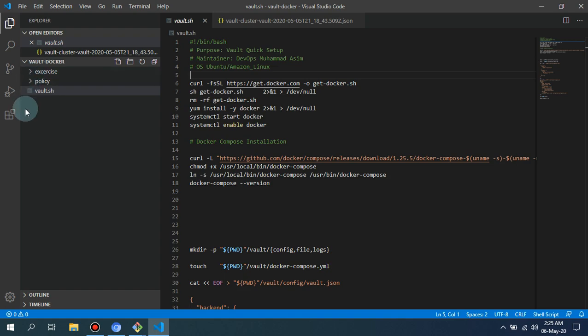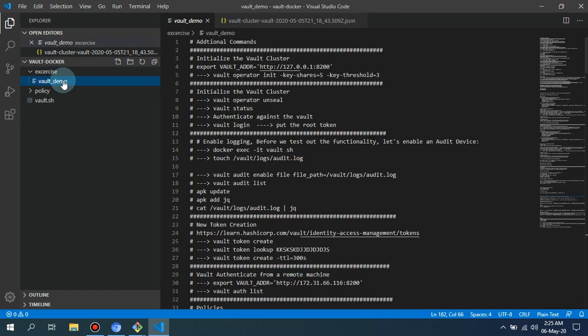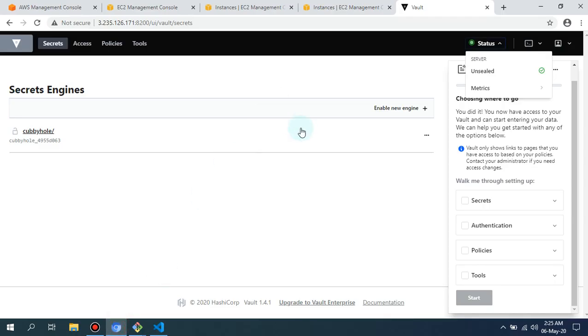So what I've done is I've created an exercise directory for you guys, and in this I've created one file, and I also have a directory policy, in which I have two policies. So guys, in this demo, these are some additional commands I've made ready for you. I'm going to show you that our cluster is